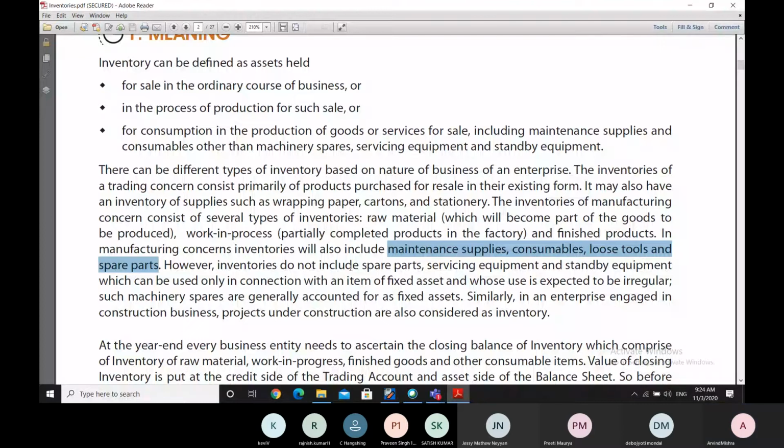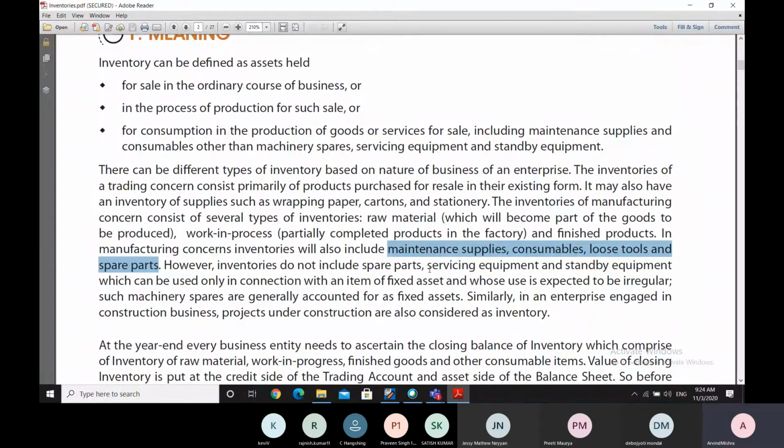However, otherwise, if there are spare parts which are regularly used and used for various assets, then those spare parts can definitely be included in the inventory. So there is a minor fine distinction here of the spare parts which can be included and the spare parts which cannot be included. Of course, the servicing equipment and the standby equipment, as far as these two things are concerned, generally they are kept out of the